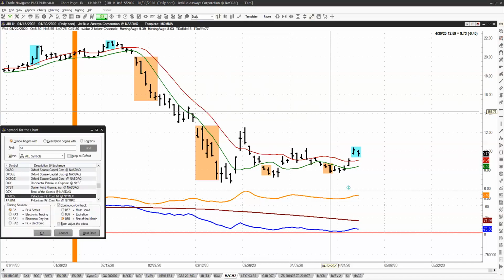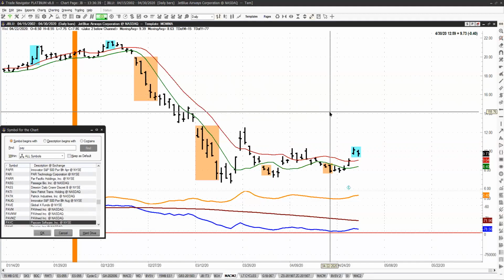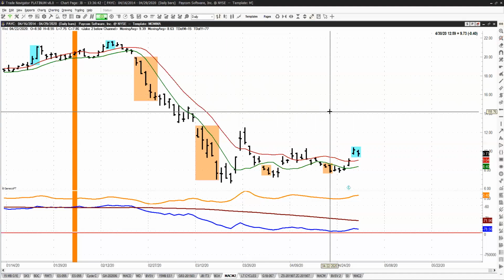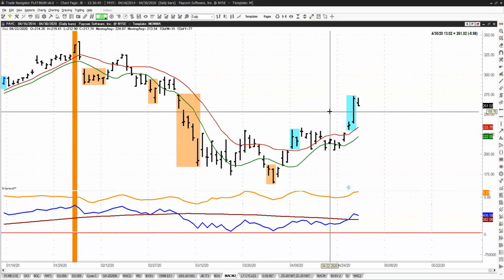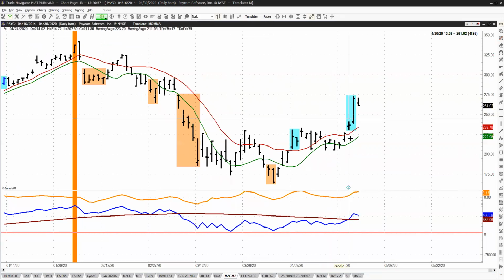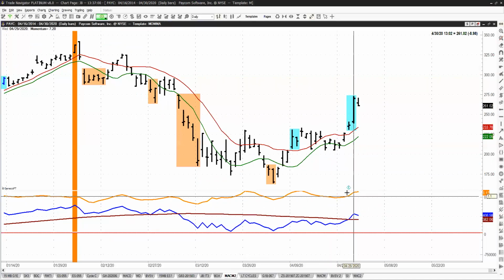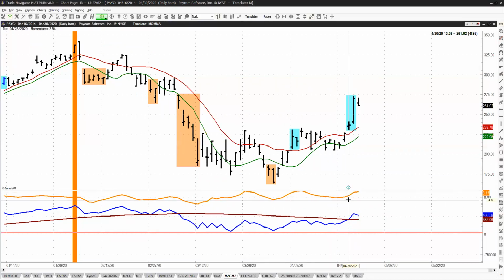PAYC. Is that Paycom? Yes. Here we go, PAYC. And this is a very bullish chart. The fact that we broke out from the top of the channel, the fact Williams remains above its moving average right over here. Let me move my screen right over here. The fact that we had a very large range day breakout to the upside, very significant buy indication on this